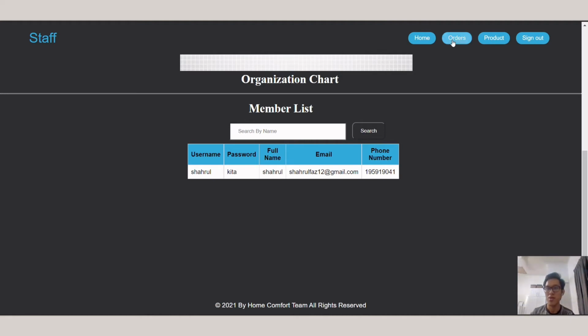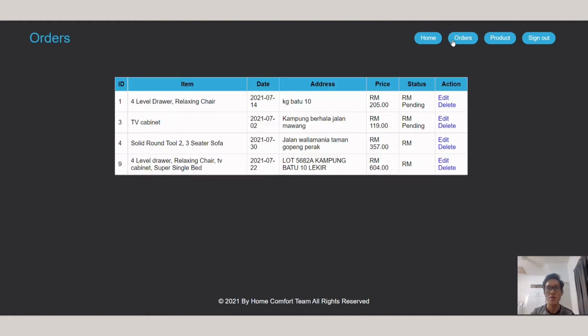Next, we shall have a look at the order. At the order segment, we shall look at the table of orders that customers have ordered from us. From the customer section, information will be transferred here, and we list down the items that they want to order. For example, the one we have chosen is a 4-level drawer, leg chair, dated 14 July 2021, address at Kampung Batu, and we can edit this